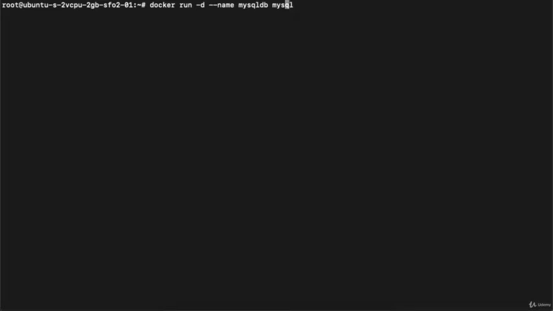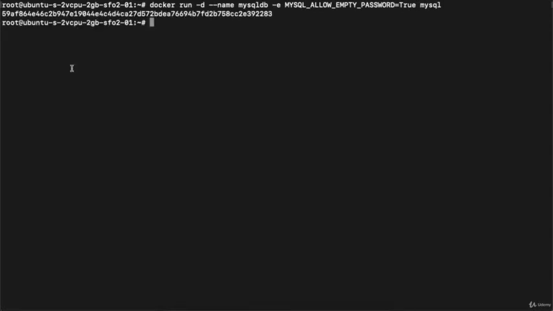And we can pass an environment variable inside containers with the help of -e, right? The environment variable would be MYSQL_ALLOW_EMPTY_PASSWORD=true, right? Hit enter, and you can see the container is started with this particular ID, right?